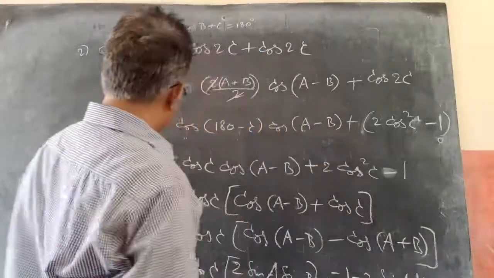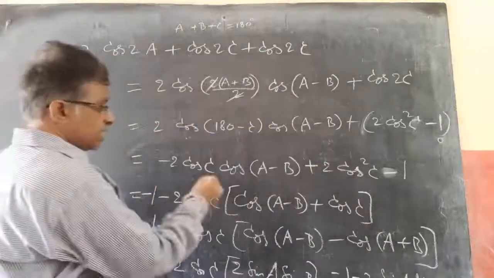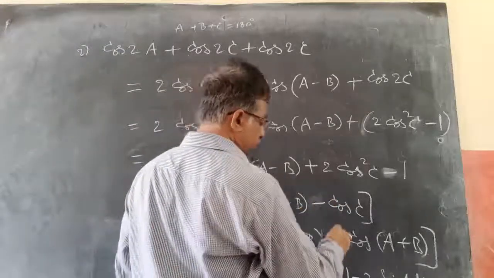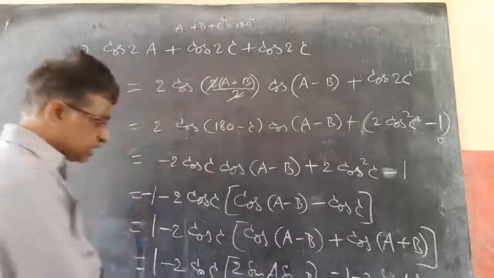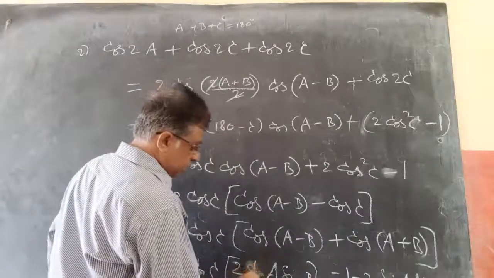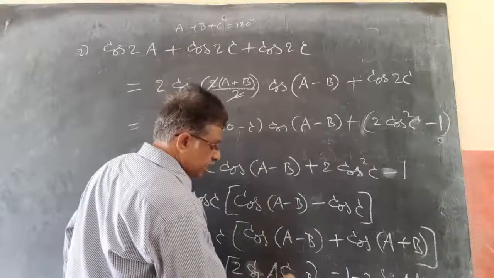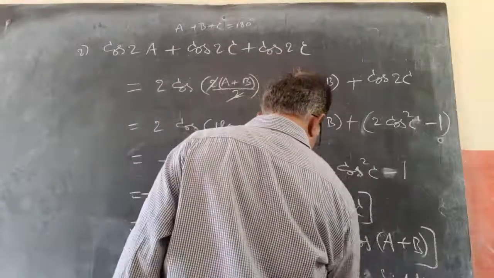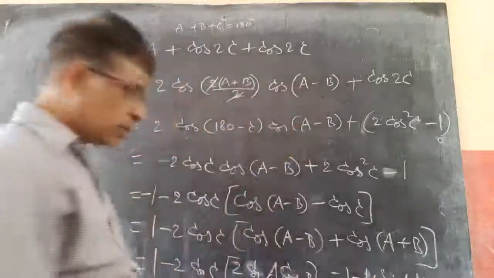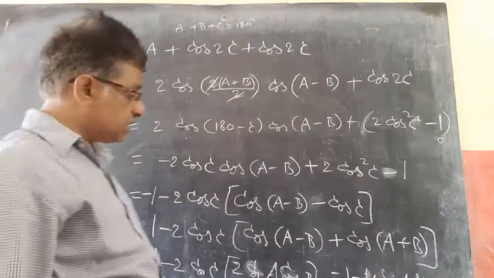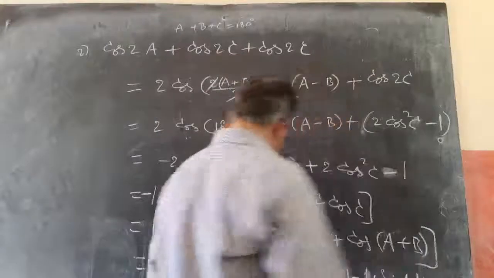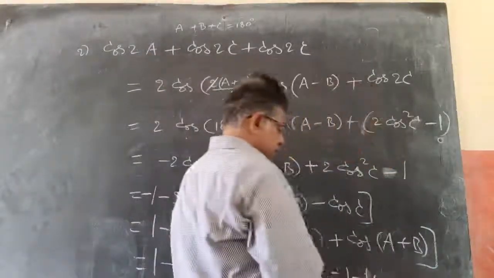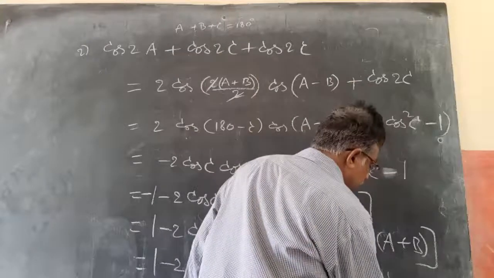So this minus 1, if I write outside, minus 2 cos c common, then this becomes minus. Now minus of minus plus. Now this is cos a cos b, 2 cos a cos b. Now the final result becomes 1 minus, sorry, previously also 2 to the 4. I forgot to write 4, make that 4. So 1 minus 2 to the 4. Now this is cos a cos b cos c instead of sin a sin b cos c. Now the present result is cos a cos b cos c.